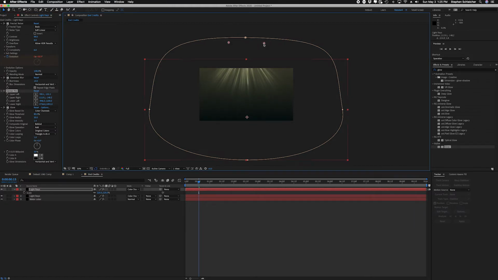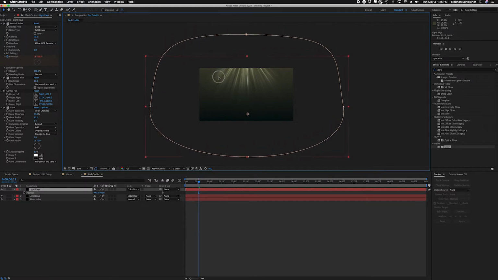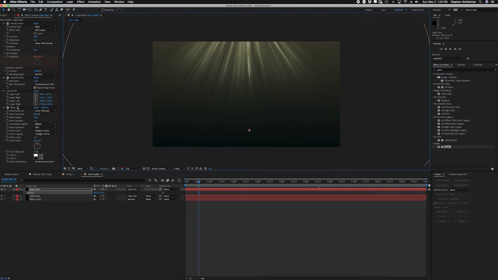We have something that kind of matches in this. And my position, let's just move this whole layer up a little bit more. Something like that. Now we have some very intense rays and some very diffuse rays that even get out here